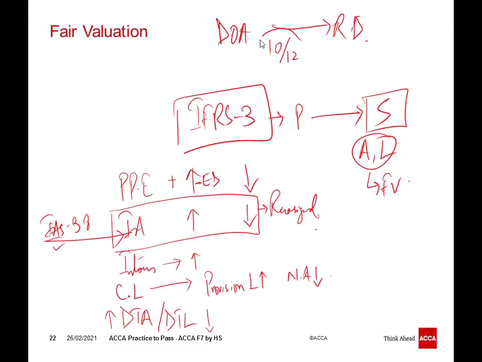then any income statement item should be a portion. It could be a finance cost, it could be a depreciation, it could be any other income. All income statement related items should be a portion. Similarly, if there is a downward revaluation, there might be a reversal. There should be a reversal of depreciation.